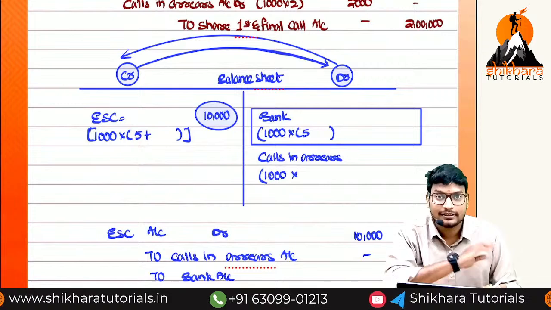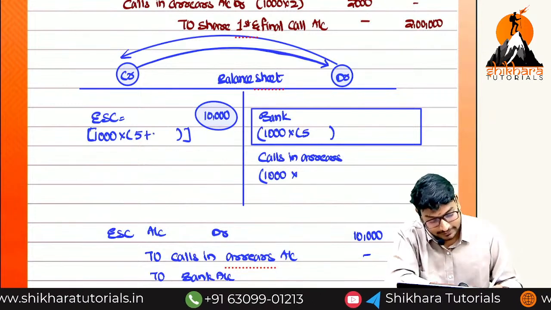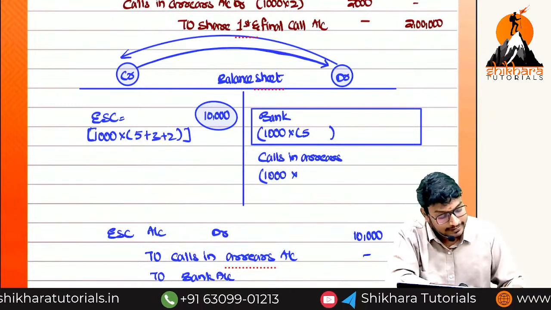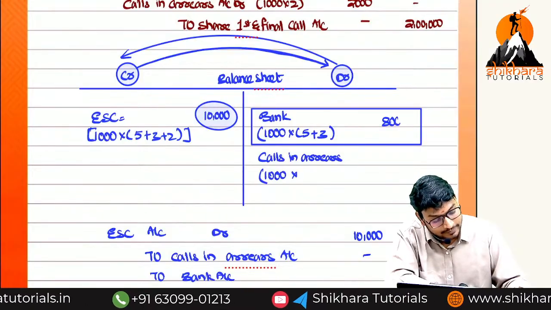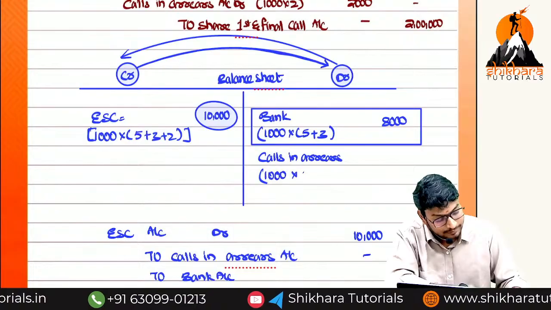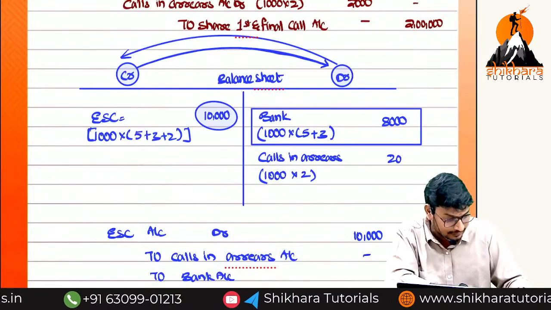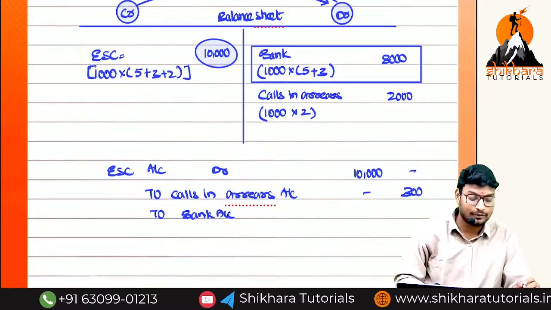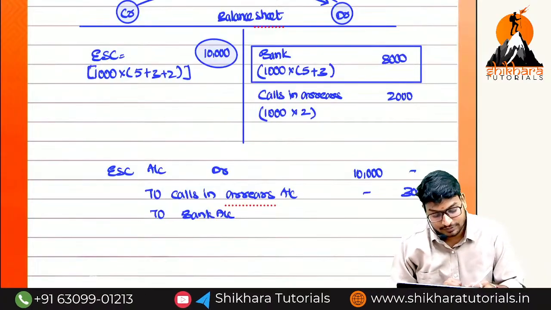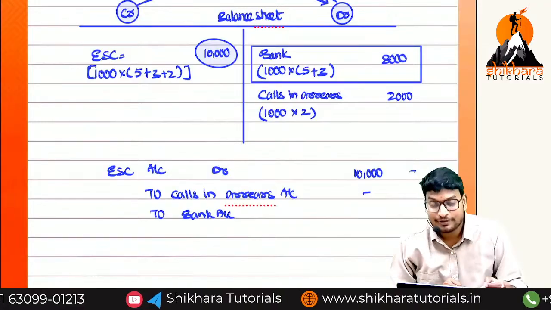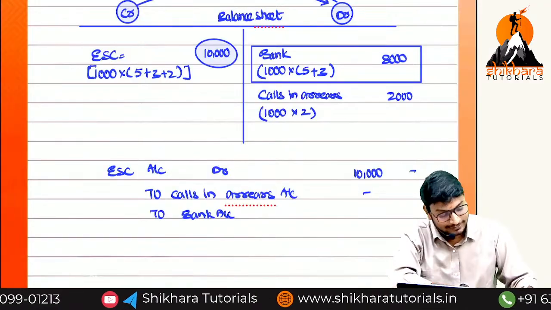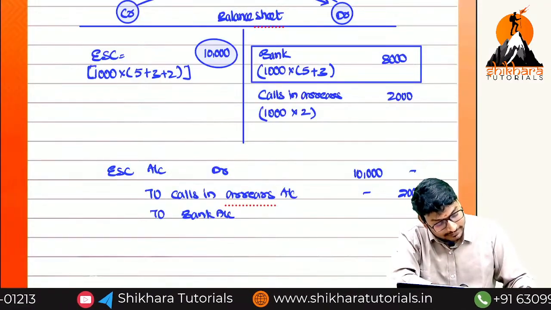Okay, second installment 3 rupees. 3 plus 2, here, ma? 3, that is equal to how much? 8,000. Okay, guys, that is my mistake. Now 10,000 calls in arrears, how much, ma? Then you have to say before only, na? Why are you waiting up to now? Okay, 2,000 and